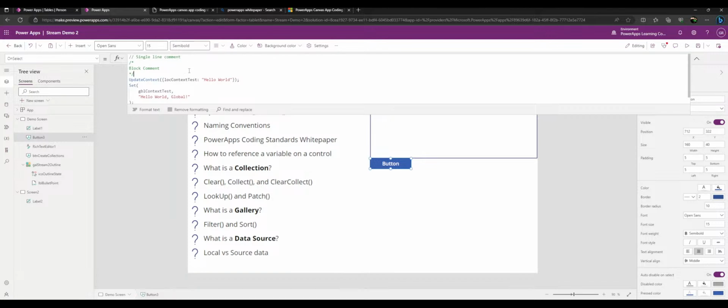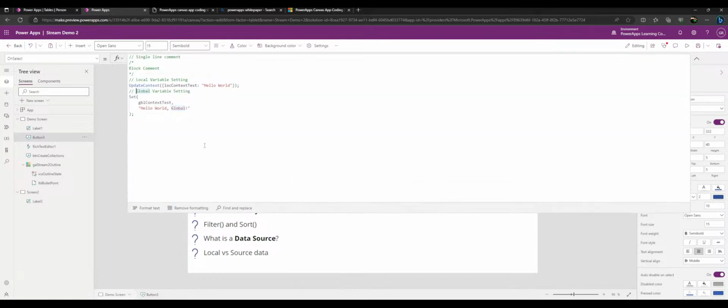So this is your local variable setting. And here is your global variable setting. We'll drag that out. And in PowerApps, it offers you the ability to format your formula or remove the formatting